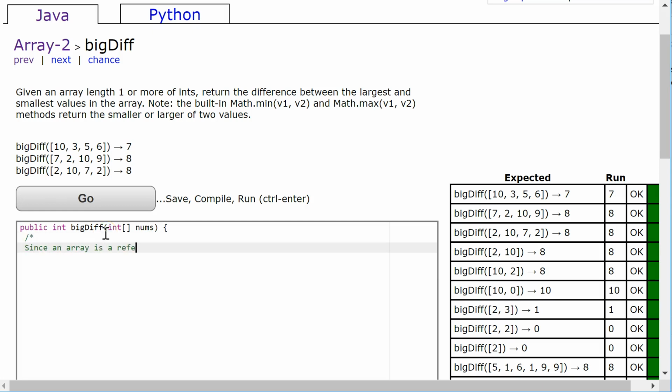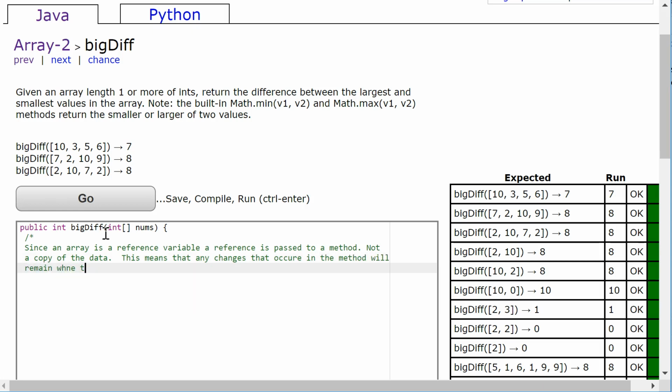Since an array is a reference variable, a reference is passed to a method, not a copy of the data. This means that any changes that occur in the method will remain when the method is done. Now, for coding bat, this is inconsequential, but this is actually a really significant idea when working with objects in any reference variable. Because if I change nums inside this method, wherever nums came from, it will remain changed when this method is